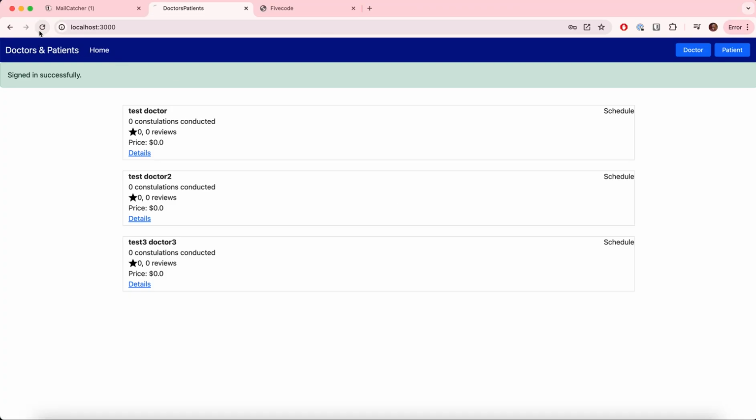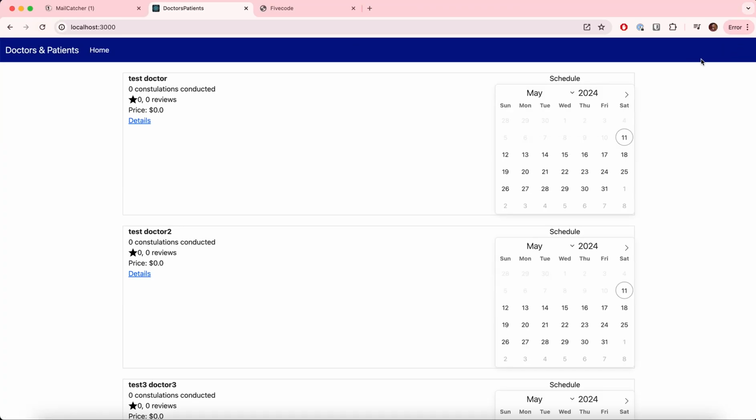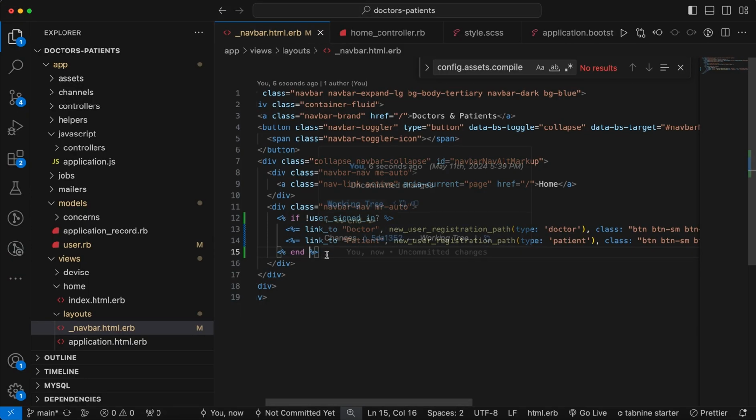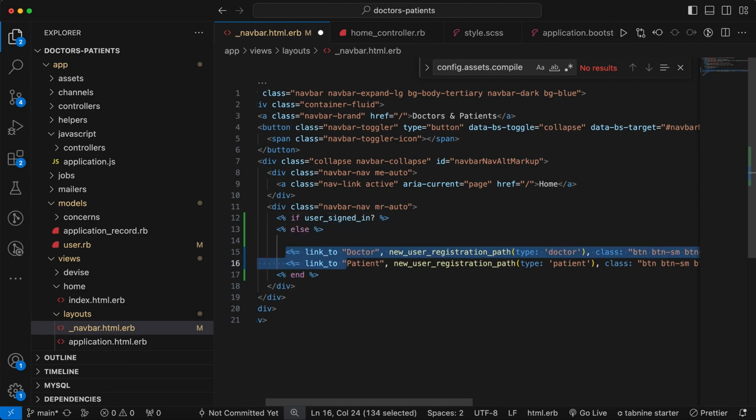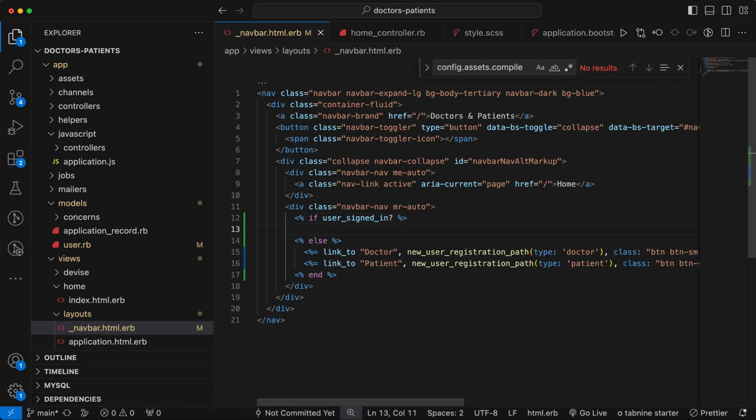Now if I refresh, you can see that the buttons are gone because the user is signed in. Or we can check here if the user is signed in, then show the profile tab, otherwise show these links. So here we can show the link to, and the title is Profile, and the path would be